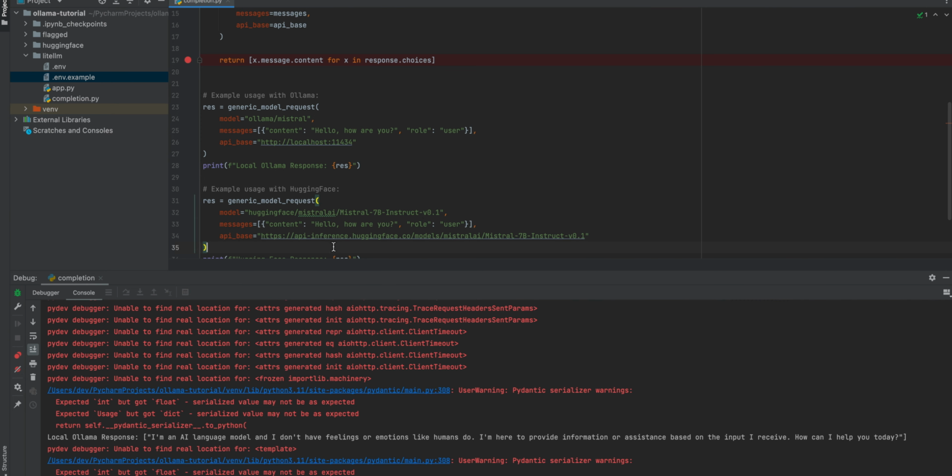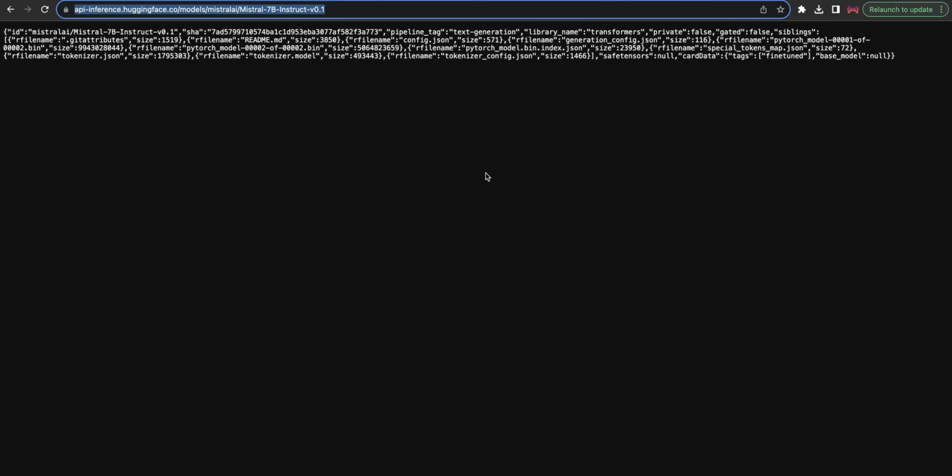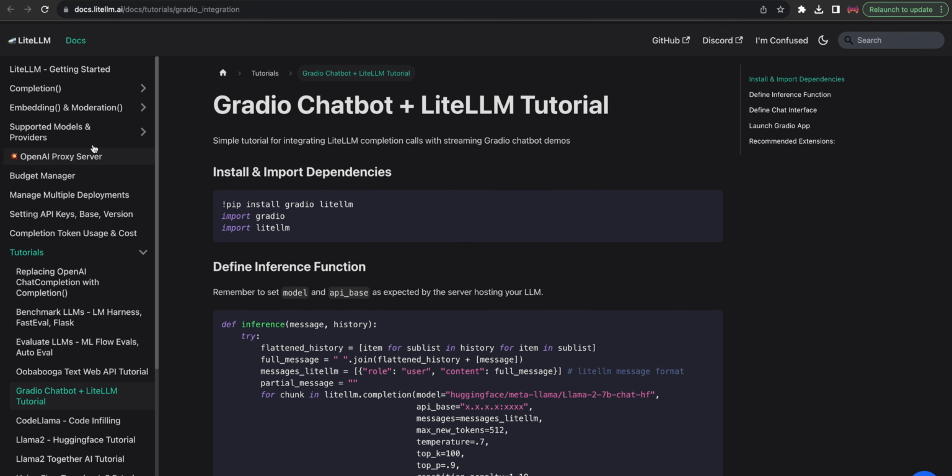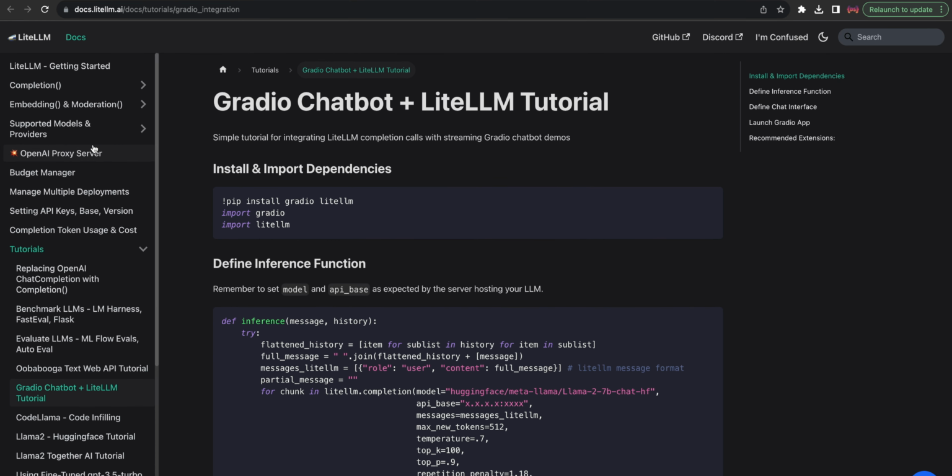If this is like you're seeing on the left. So if this is an actual API Inference endpoint, the result should look something similar to this. If it doesn't look like this, you're probably not trying to access an API Inference endpoint. Okay, cool. So now, as we're taking a look at the LiteLLM, we can see the tutorials showing us how